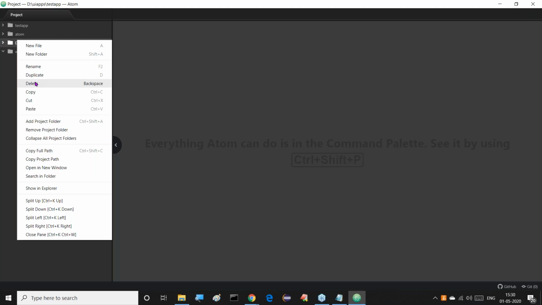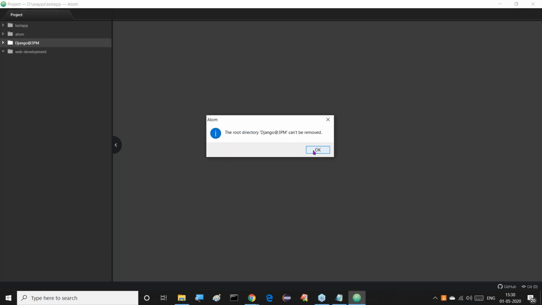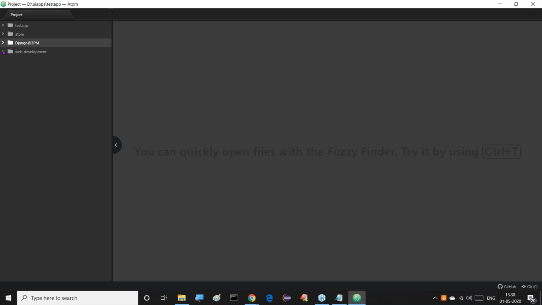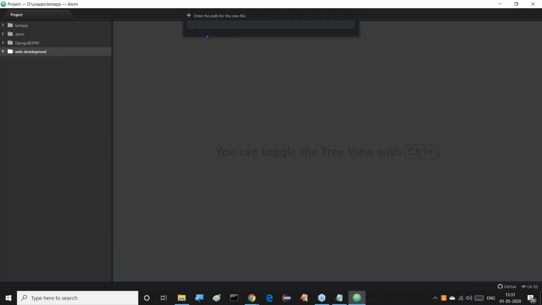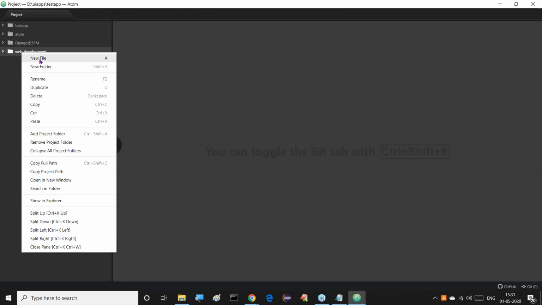It is not deleting here. No problem. Here I'm having web development. I added this one. Now inside this web development, I want to prepare a file. So right click on this web development and I want to take a new file here. What about this new file here? We can understand it. Here we have to enter the file name. So under this web development, I want to add the file. That file name should be Index. First of all, in web development, I want to provide a folder also, not a file.